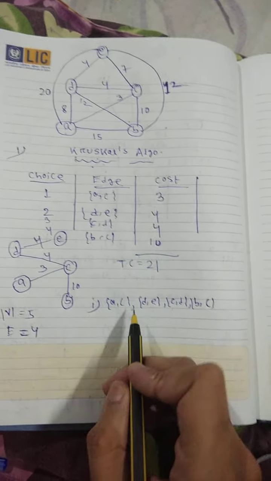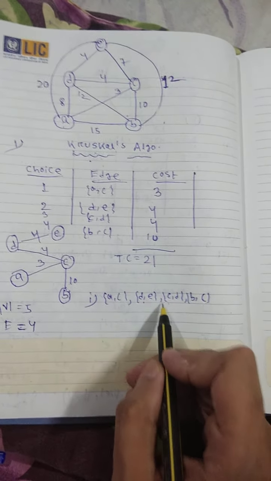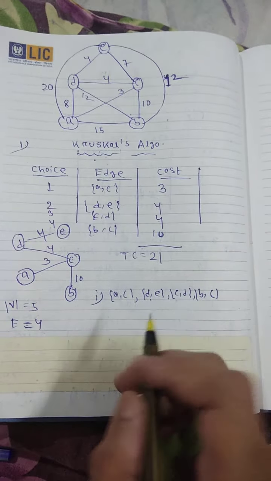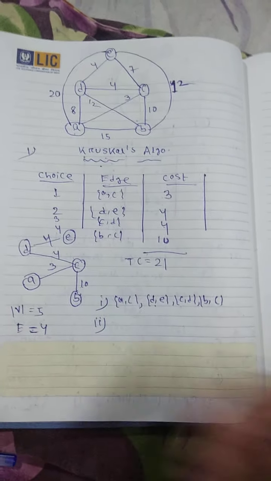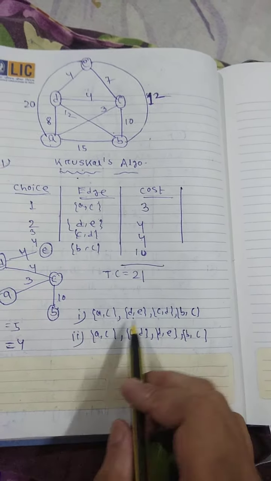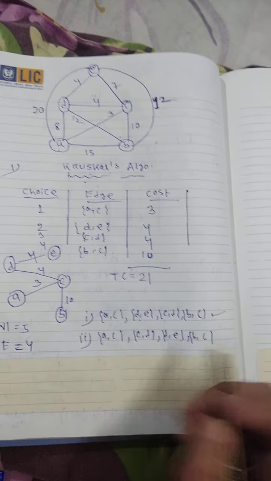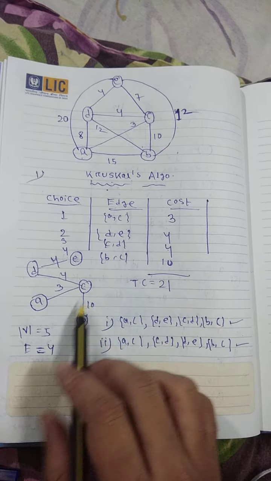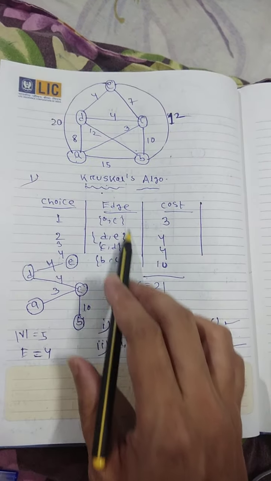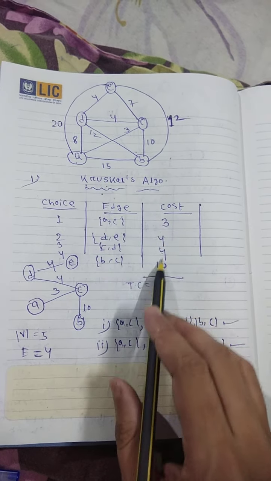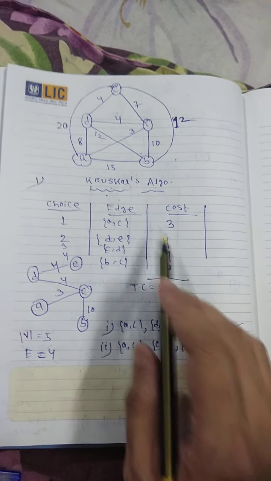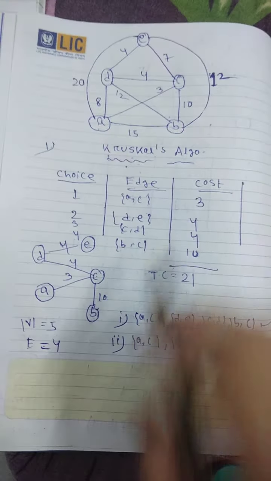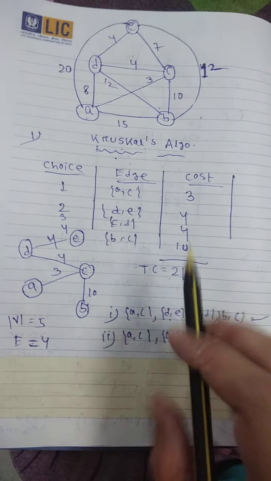Okay, so see, can you exchange these two? This is 4 and this is 4. First I write CD and then DE, it is also possible. So you can also write this sequence. That means these two sequences are possible for constructing the minimum spanning tree according to the increasing order of their cost. Okay, so for this Kruskal algorithm, the minimum cost is 21.